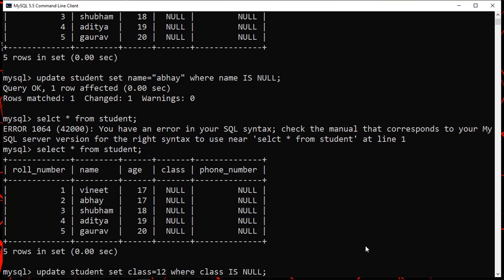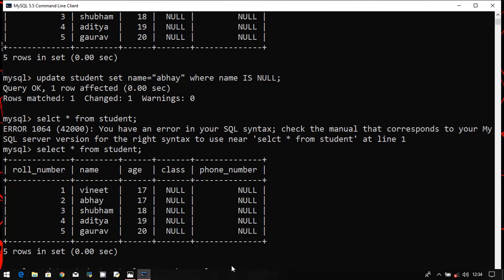Now why are we writing this statement? As you know, in the SQL table we have created as a student table, the class field has null values for all the rows. It is null for Vineet, for Abhay, for Shubham, for Aditya and for Gaurav. So wherever this class is null, it is going to set class equals to 12.